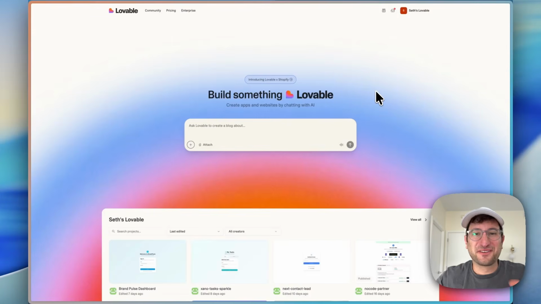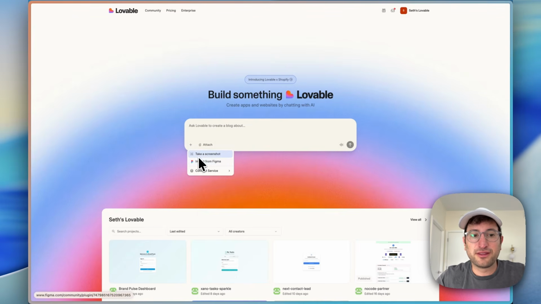Let's jump in. The first thing to know about before you even start building in Lovable is you need to understand how this input field works. And there's a lot of buttons here that you should know about. So first of all, we have a few options here to get started with. You can take a screenshot. You can import from Figma, which is a really cool feature that allows you to take a Figma design and turn that into a real app. And then you can also connect to Supabase directly if you already have a Supabase project, but that's getting a